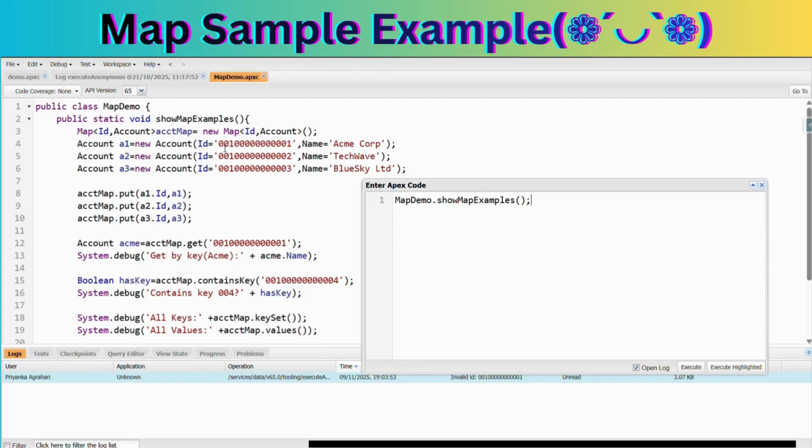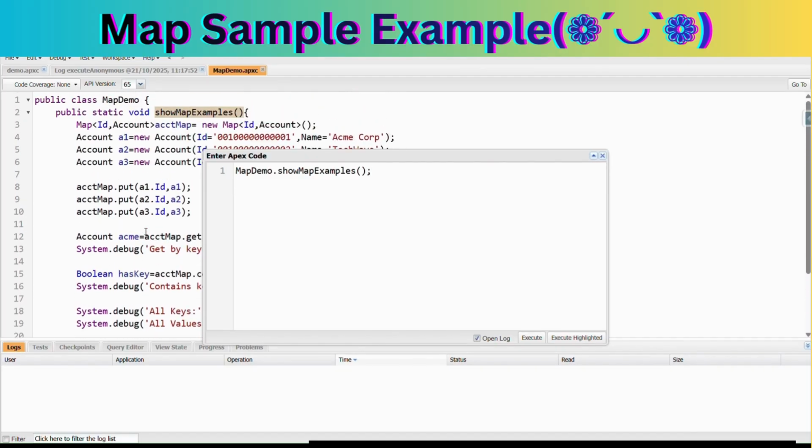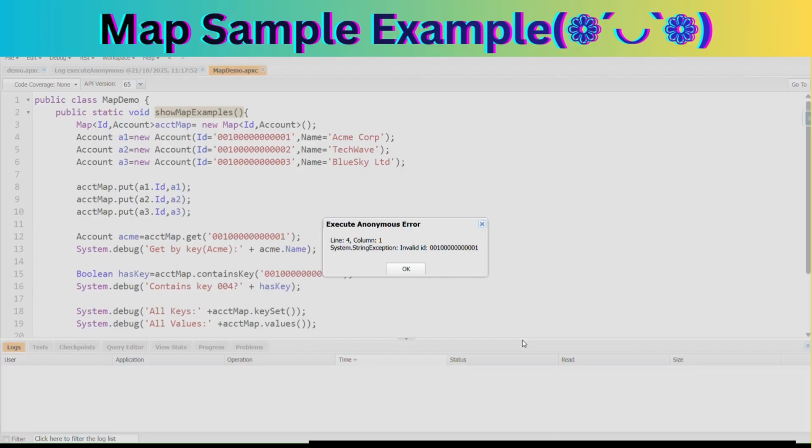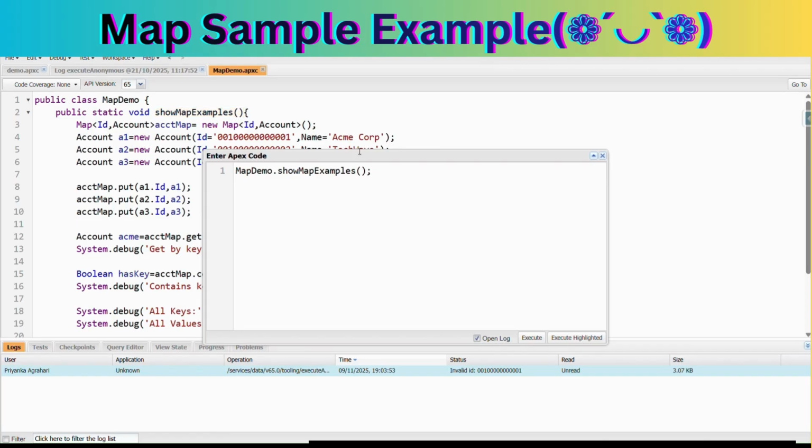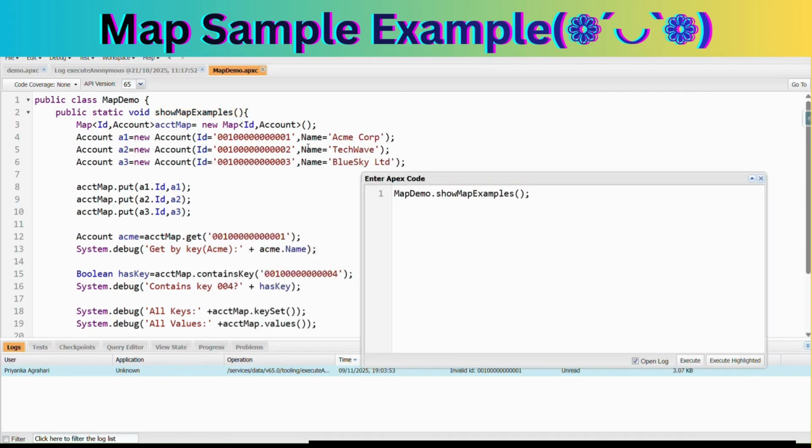So here, dot size we have already discussed in my previous sessions, along with the size and removing functions. By using this you can remove your account, or by size you can just check your account size. Now I am saving this, and after saving I'm going to execute this. Open execute, and here I have to put our class name and that function. After this, maps are perfect for fast lookups, especially in triggers and integrations.